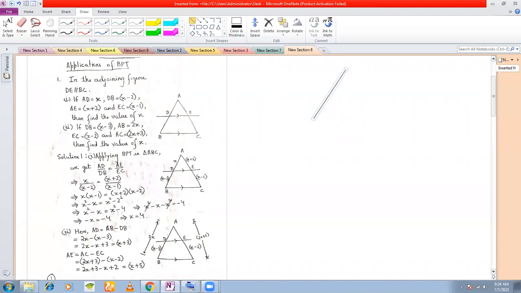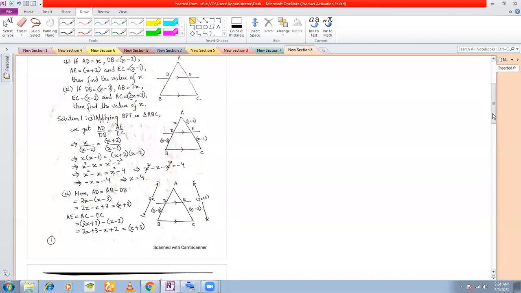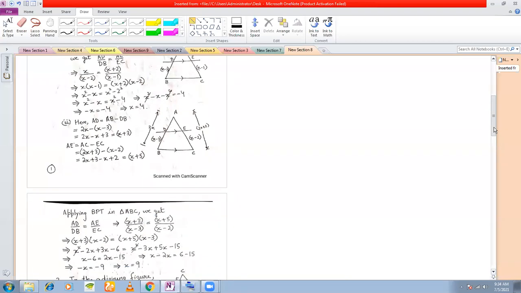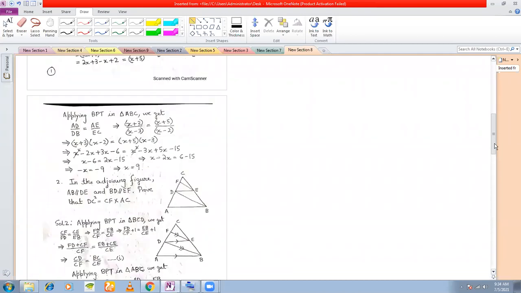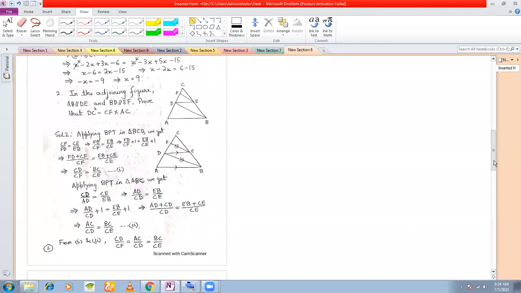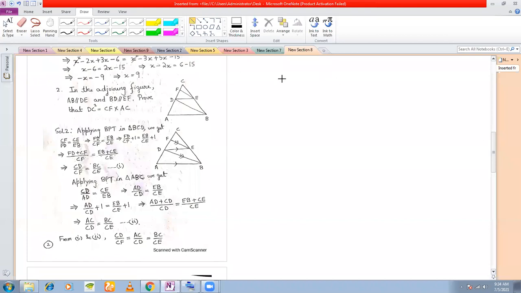Next part is also the same thing actually. You can go through the next part. I don't think that the next part needs explanation. Okay, just go through this because you will be applying BPT, except that the values of the sides are changed. Just let us understand this and I'll explain this sum in the next class. Now,